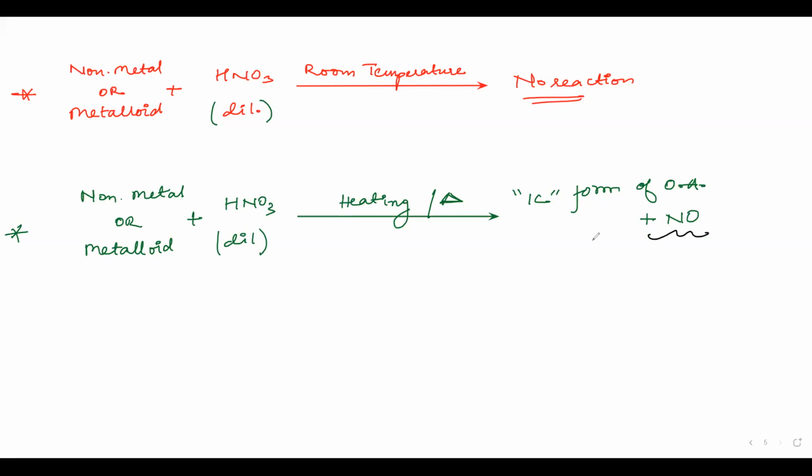You may get an MCQ type of question where they have reacted non-metals with dilute HNO3 and ask for the product, which is NO. Why not H2O with NO? H2O will be formed anyway; you add it when you are balancing the reaction. This is important, focus here, NO. H2O we usually add for balancing.